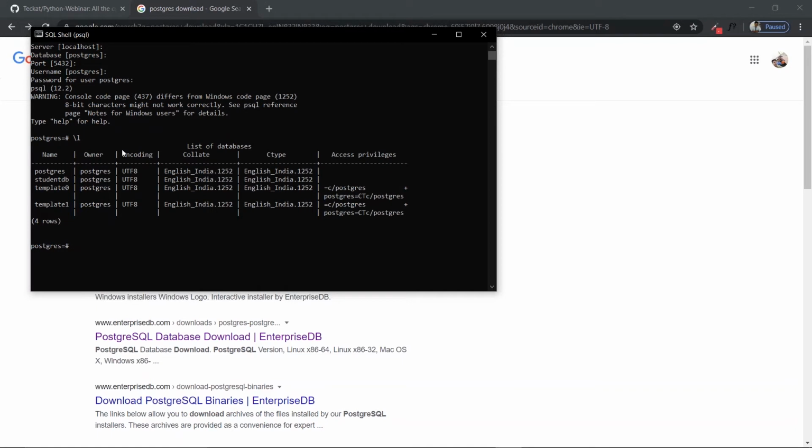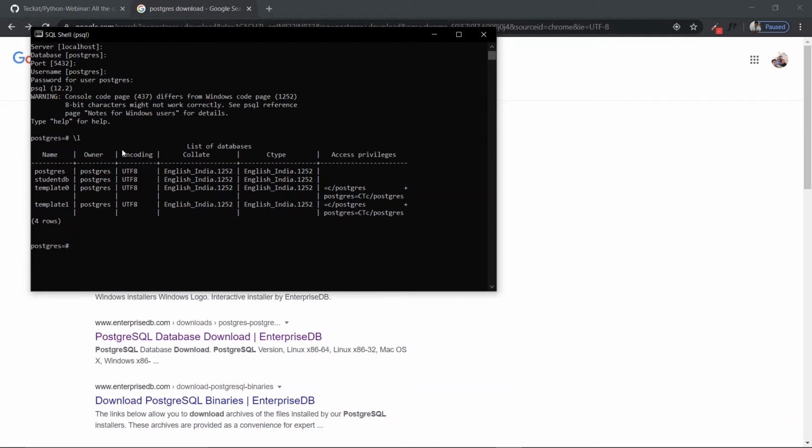Whatever tables and databases we have created in that particular localhost server will all be shown through backslash L. It is a list of databases. Just note it down.